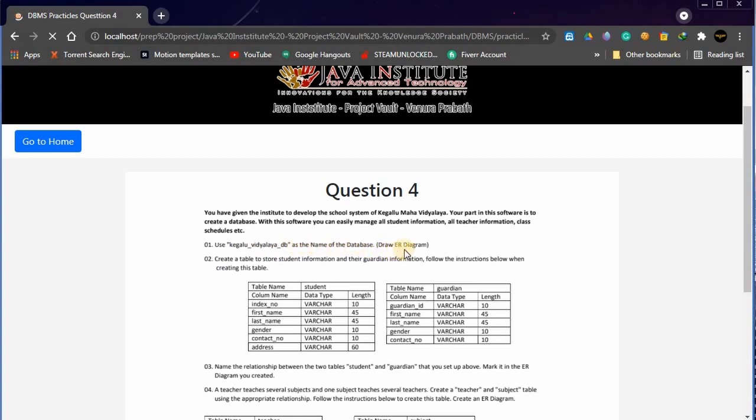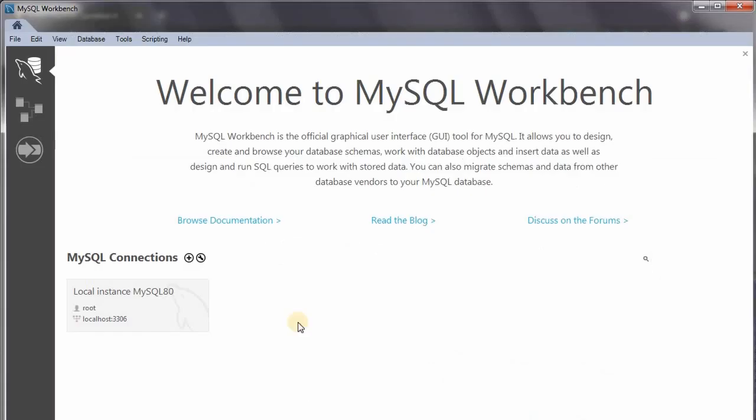Draw an ER diagram. Okay, we have to create an ER diagram like we did in the last video, and we have to name the database Kagalu Vidyalaya DB. Okay, I'm going to do that first. Here I'm going to use the Workbench software.